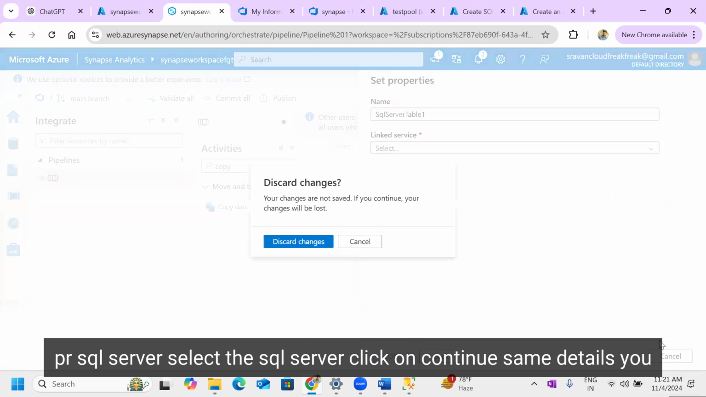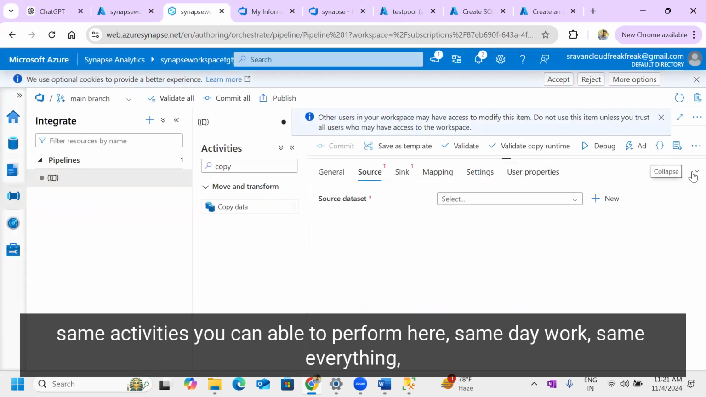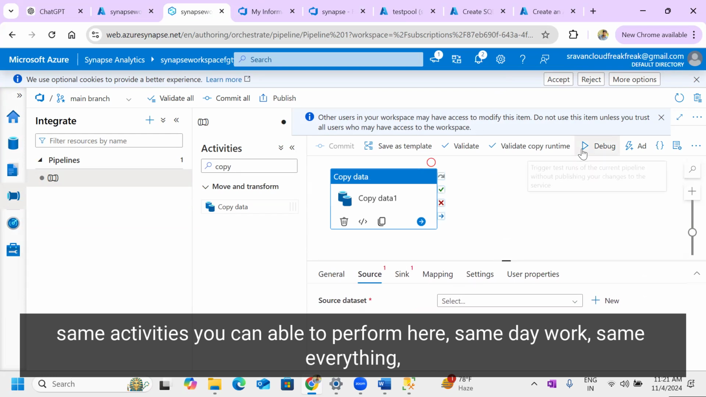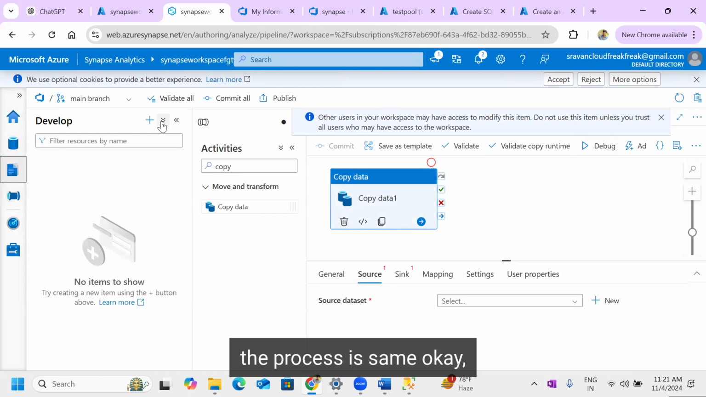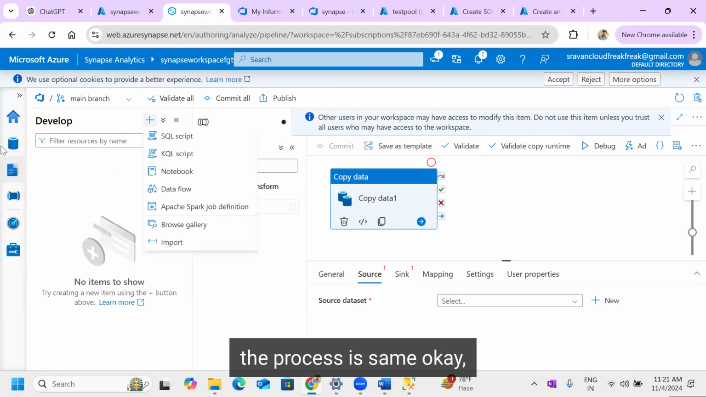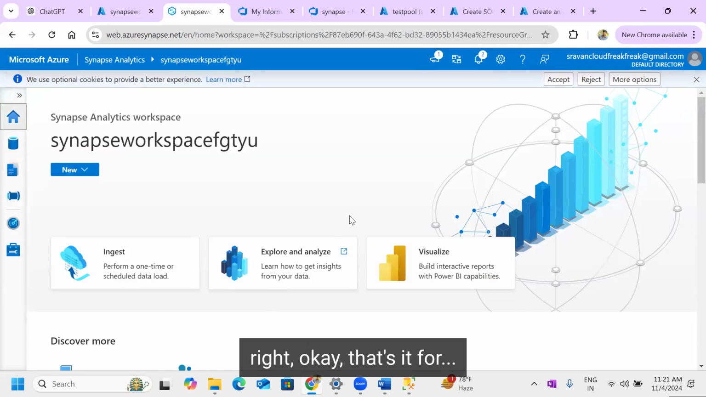The same details you need to pass here, whatever we did in ADF. The same activities you can perform here: the same debug, publish it, validate it, push it, everything. The process is the same. That's it for